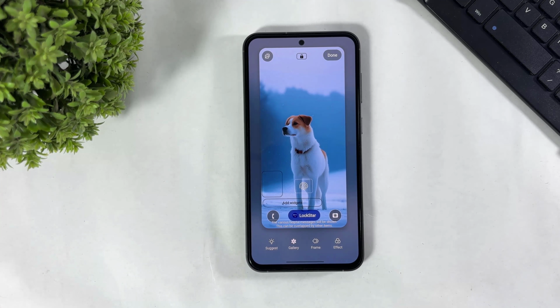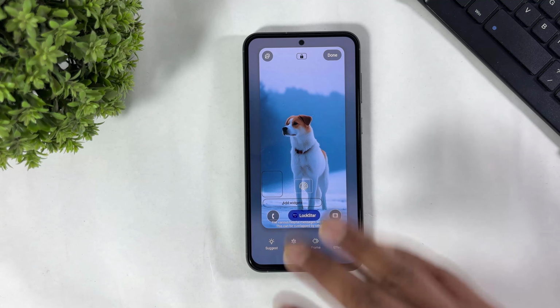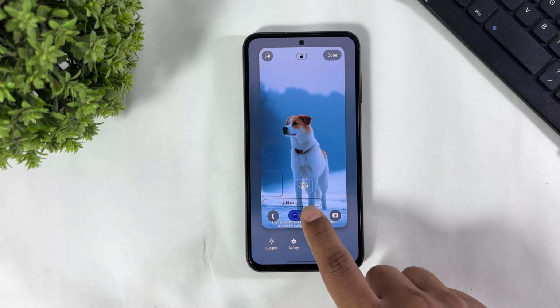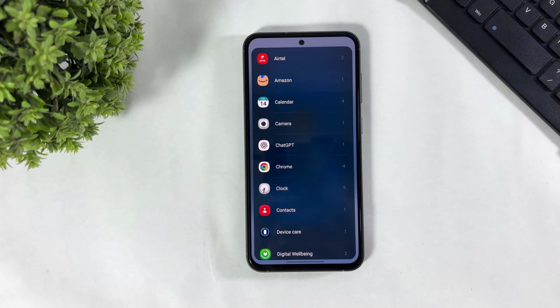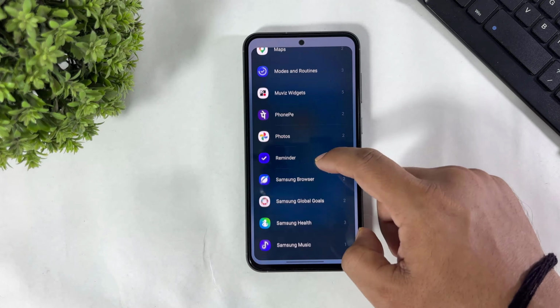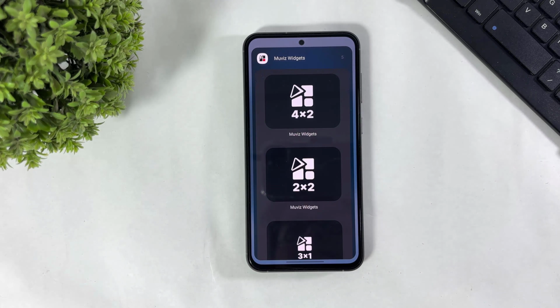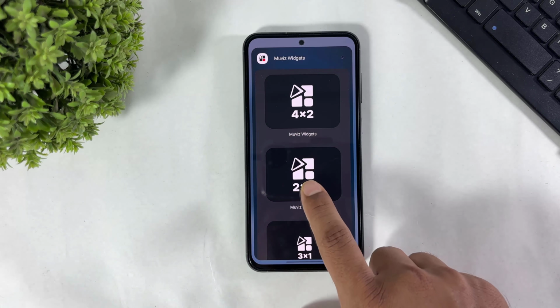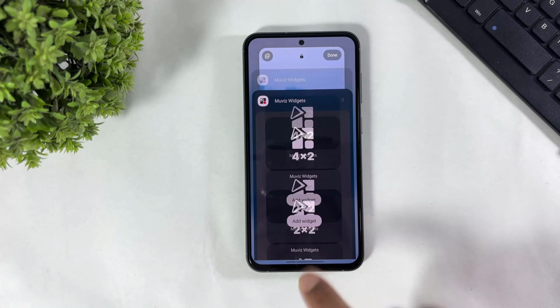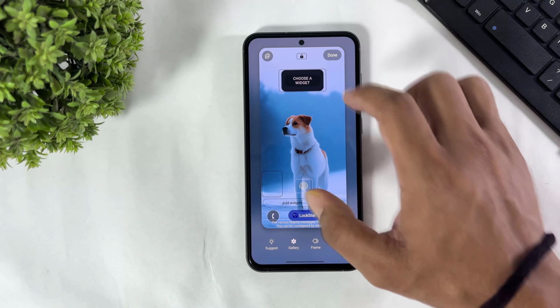And guys, remember, before editing the lock screen, first install Good Lock and update all Good Lock modules, including Lockstar. After updating all Good Lock modules, edit lock screen and simply tap on Lockstar, tap on add widgets and open this app and select 2x2 size. Tap on add widget, tap on done